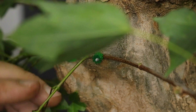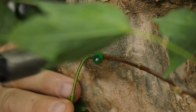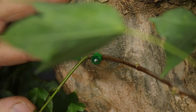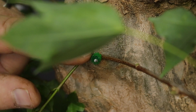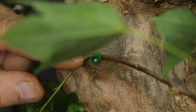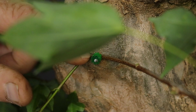Careful of the branch that you're actually wanting to keep, that you don't damage that. These are pins that I get from Japan. I'm not really sure what they're actually used for, but they work fantastically well for grafting. What they essentially are, are very thin nails with little rubber tubes on them. So if you can't find something like this, try and make something up, maybe